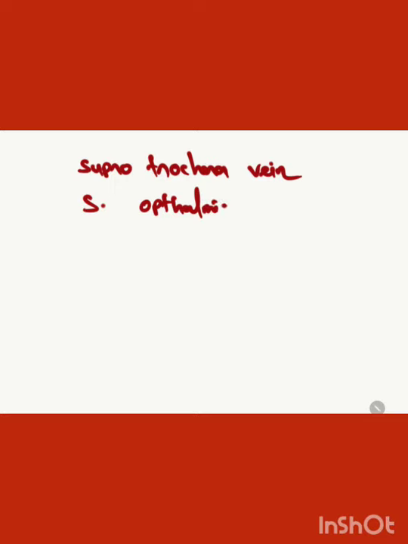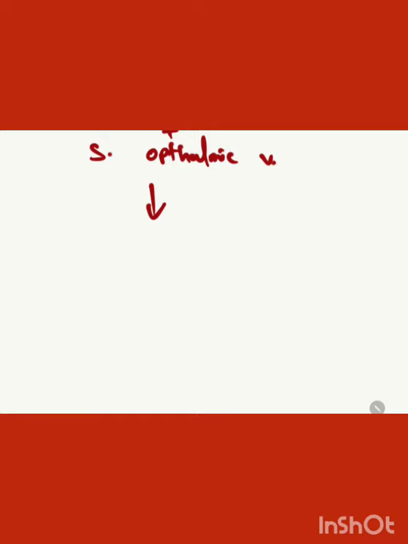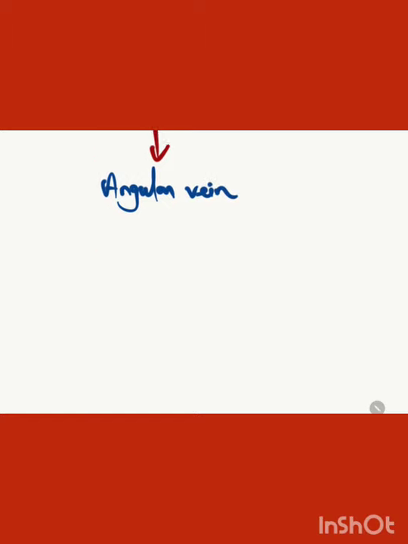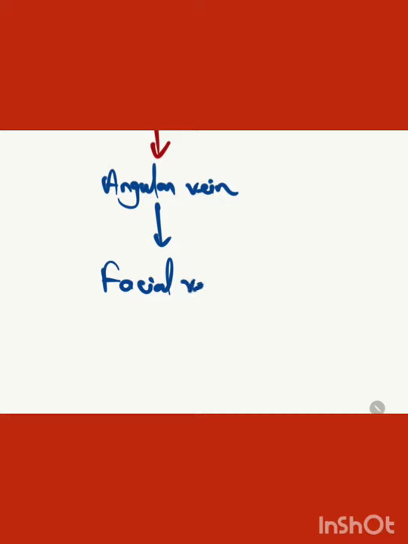The things we see in the flowchart are that the supratrochlear vein and our supraorbital vein join together and form the angular vein, and that angular vein continues as the facial vein,